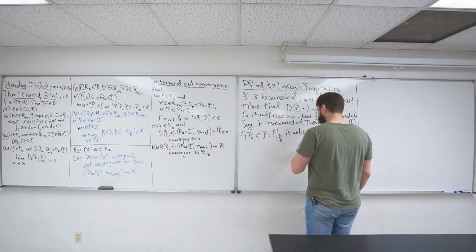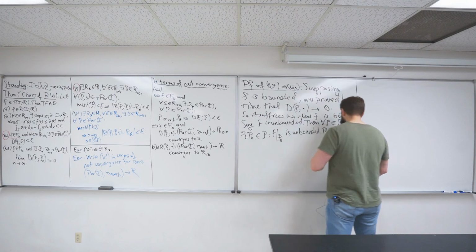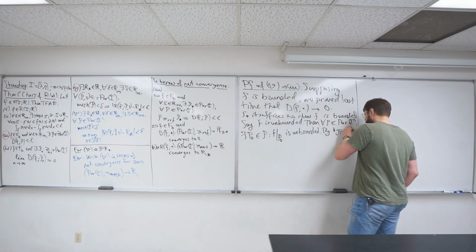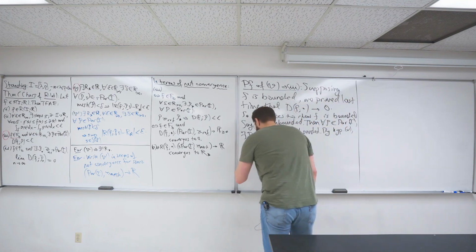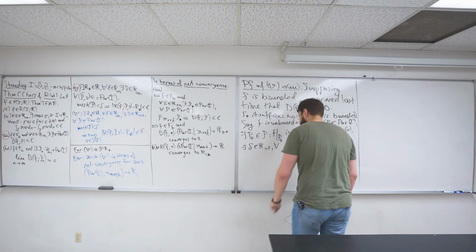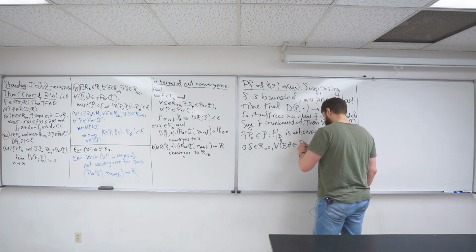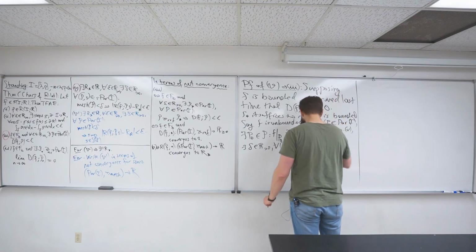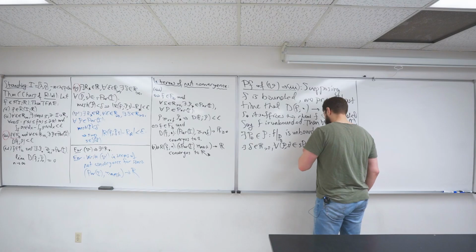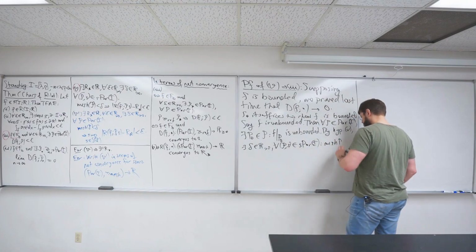So by hypothesis 5, there is a delta such that for any ps in the set of sampled partitions, if the mesh of P,